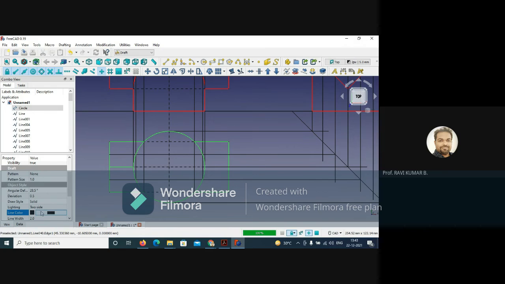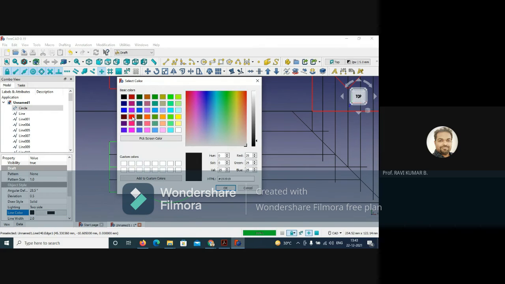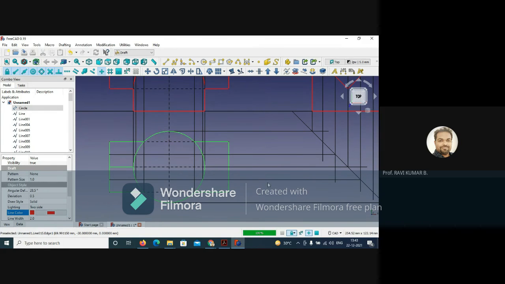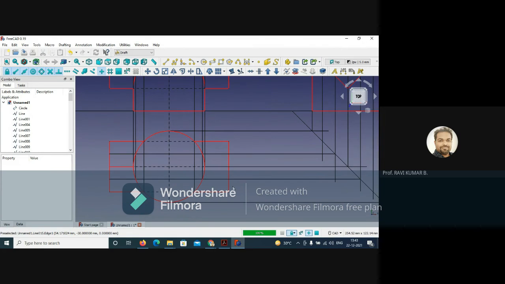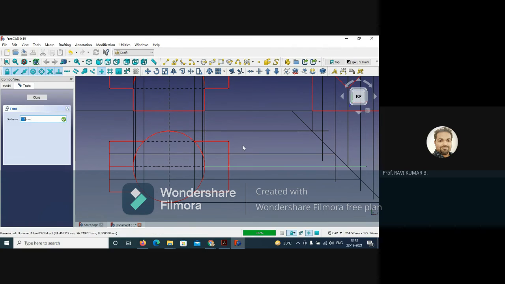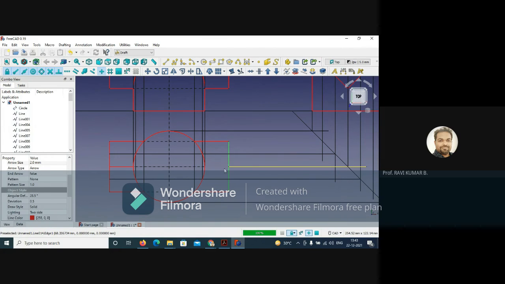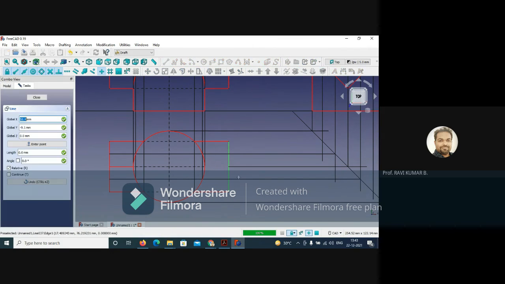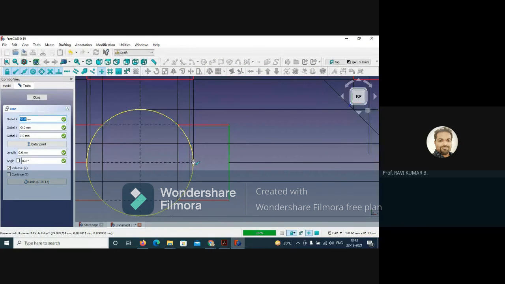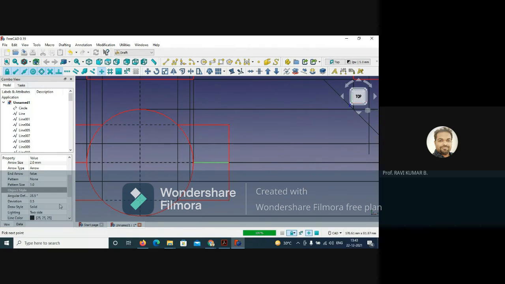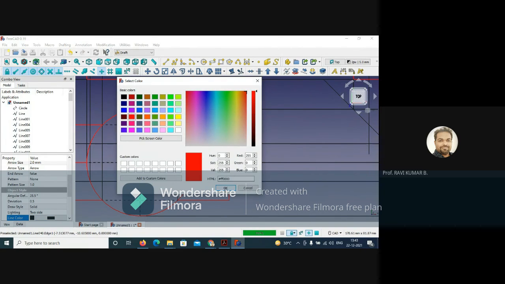Okay, till then this you can select and put it red. So this line still needs some modification, no problem. We can extend up to here, then we can draw a line. We can select this and change it to red.